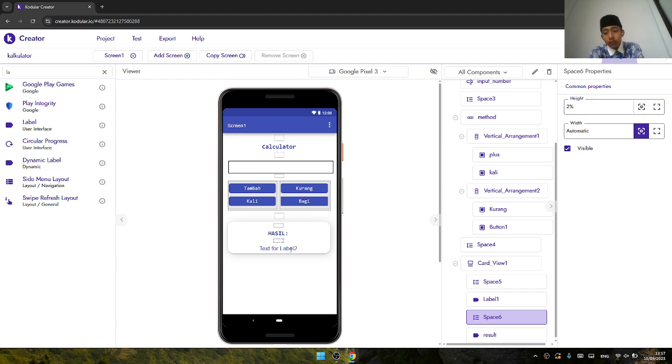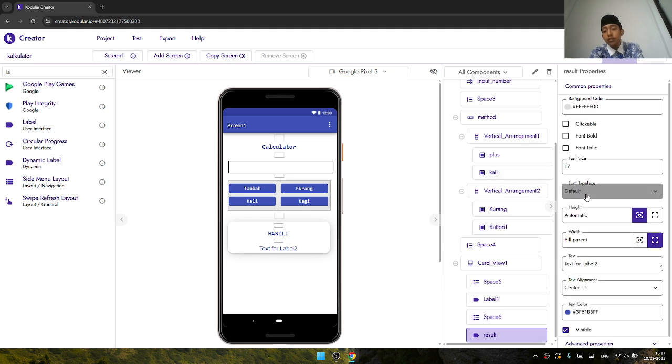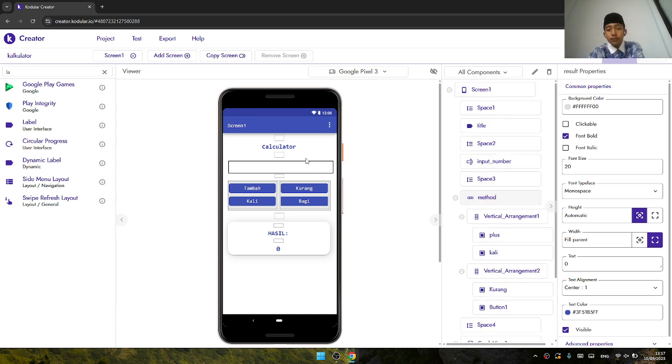Okay, we continue for the result and set the font type as become monospace and font bold actually, and set the text become 0 like this. I think it's 20. 20 is enough. And then we will set the first name. The button is already and the result is already.